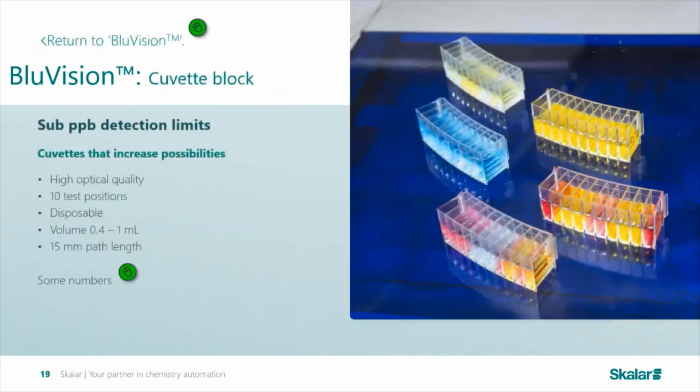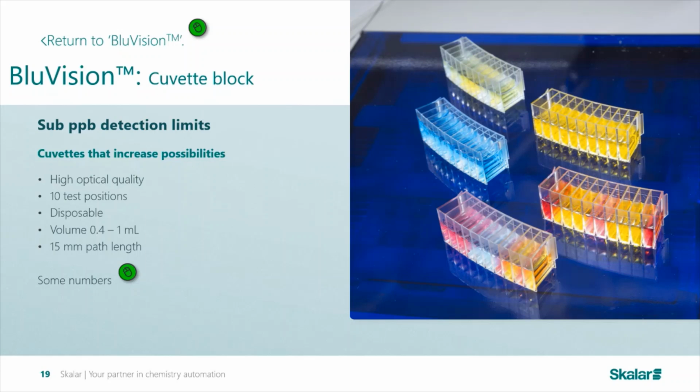So these are made of a high optical quality plastic. As I mentioned, each contains 10 test positions. They're disposable, which eliminates carryover from poorly washed or previously mishandled cuvettes. And this combination of a high total volume and a 15mm optical path length allows detection and quantification limits previously only available by continuous flow technology, but now combined with all the natural and inherent advantages of discrete